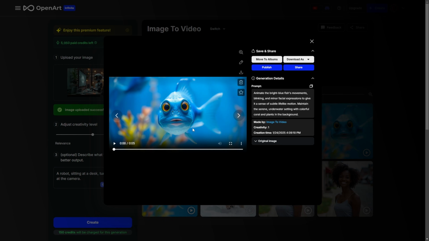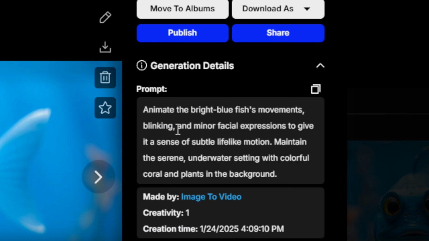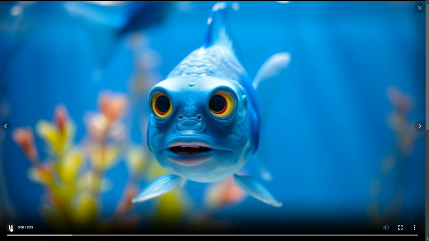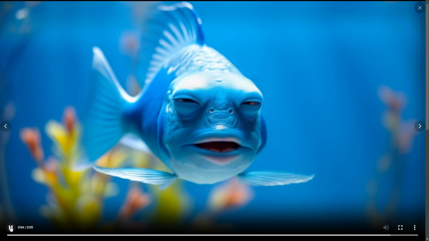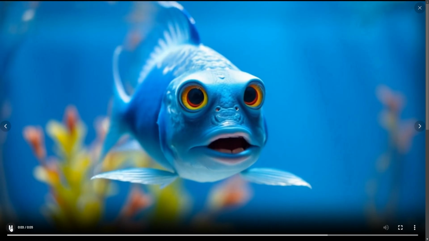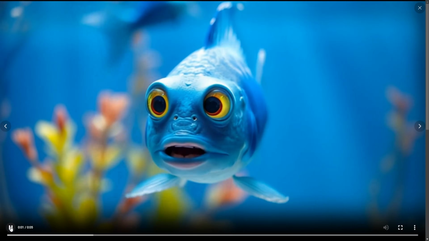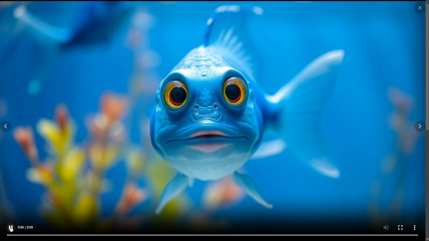Next, I started with a goofy looking blue fish, and I've got a prompt about animating his movements, blinking, minor facial expressions, a sense of subtle lifelike motion, maintain the serene underwater setting with colorful coral and plants in the background. And I notice almost immediately it looks like my fish is trying to talk underwater there, and he's got a human-like mouth, and I thought, well, daggone it, if I was trying for that, I'd have never been able to get it. But here, when that isn't what I was really going for, sure enough, it showed up with